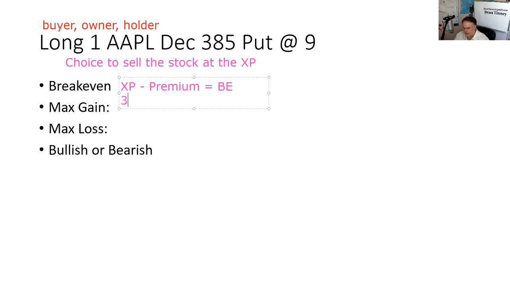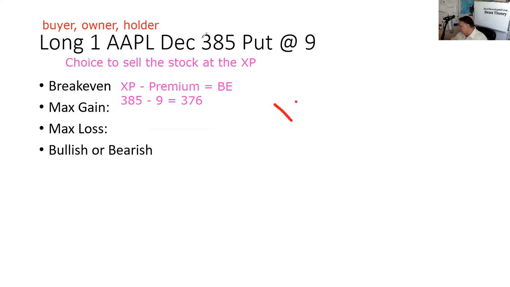So here it's 385 and our premium is 9. And so our break even is, I told you my arithmetic sucks, so I'm going to use my calculator. 385 minus 9 equals 376 is our break even. And max gain. Now the max gain on long puts, I think, is challenging for a lot of folks. The best case scenario here, let me just get